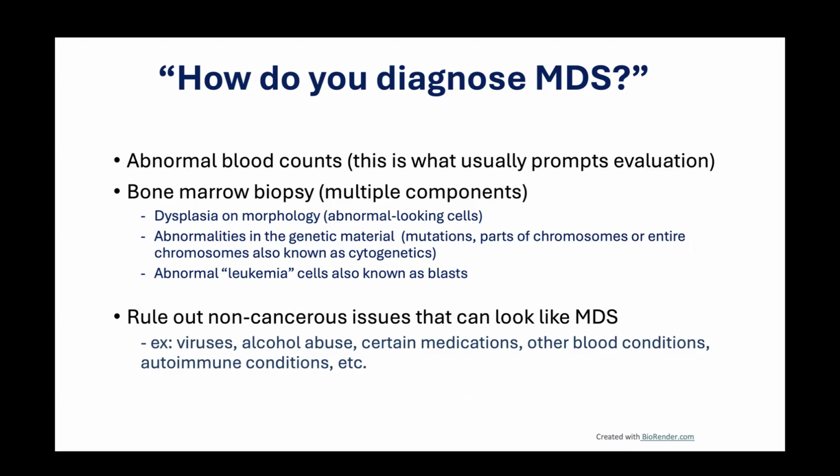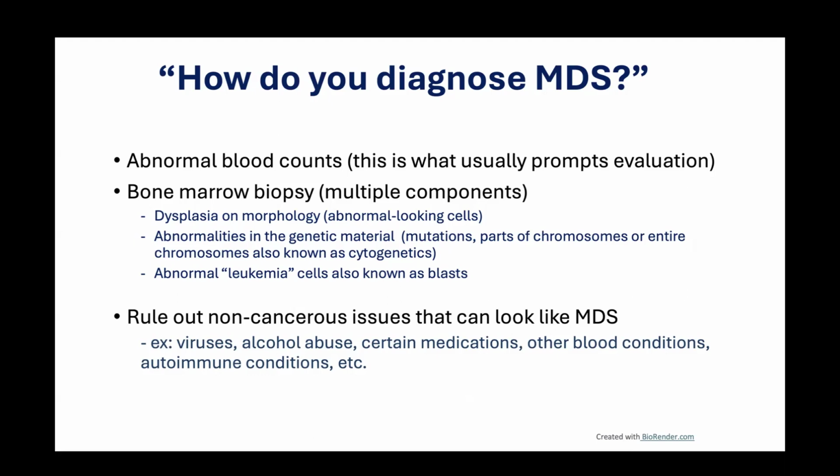And so when we talk about bone marrow biopsy, it isn't one thing that we're looking at. We're looking at a whole slew of tests that often come back differently. So sometimes you might hear your provider say, well, the morphology, or how the cells look, is this, but we're still waiting on some other test. And that's what they're talking about, because the key components of a biopsy include morphology,